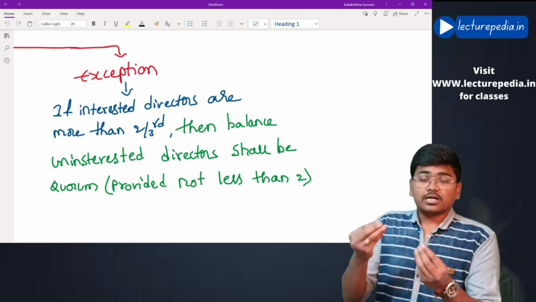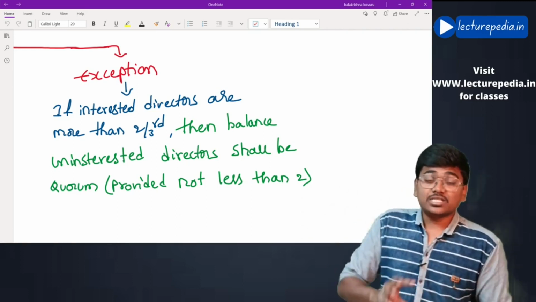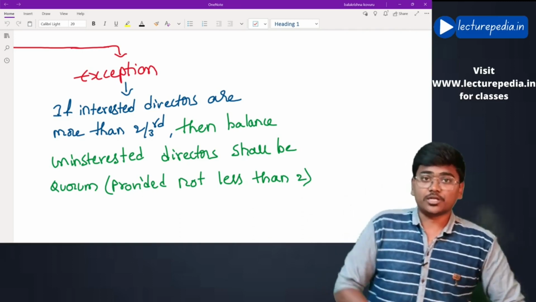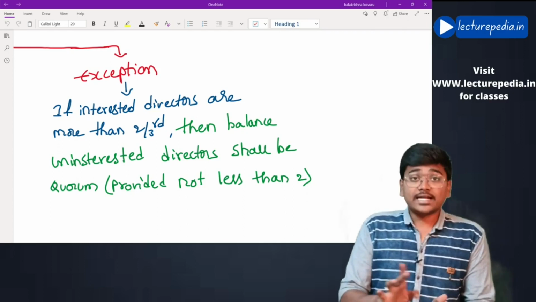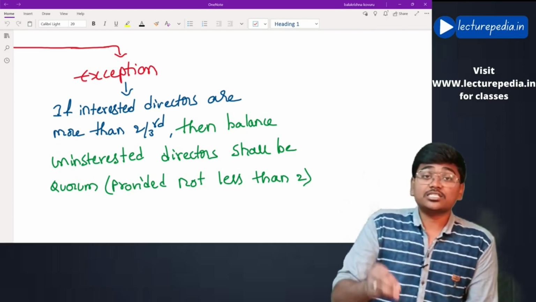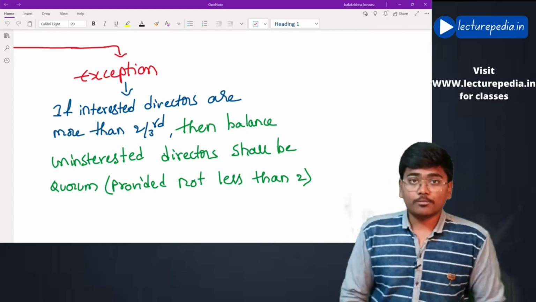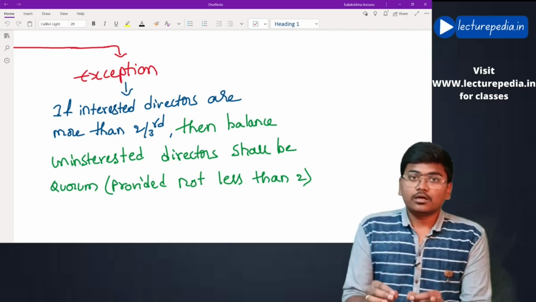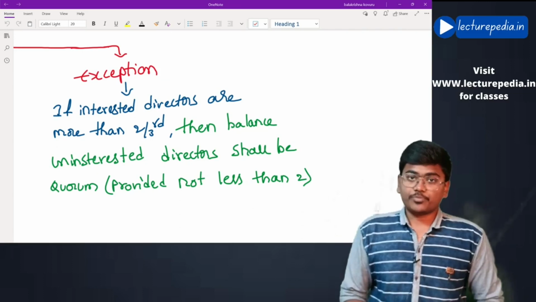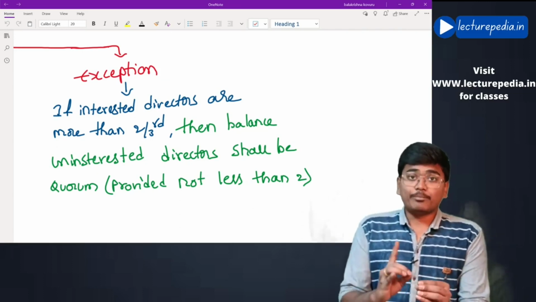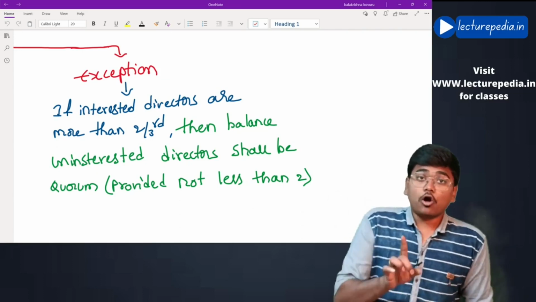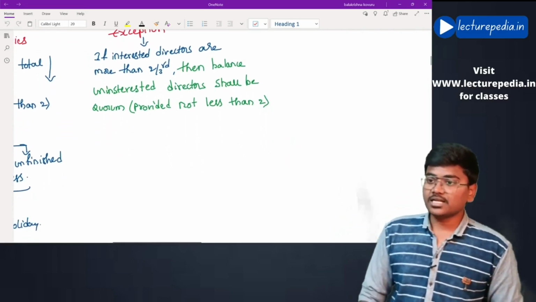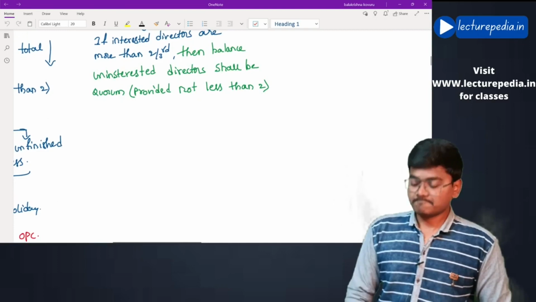If the directors are interested in the resolution, they should not participate in such a board meeting for discussing such resolution. Now, in this case, more than 2/3 of the directors are interested in such resolution. Now, what will be the quorum? The balance uninterested directors will be the quorum for such purposes, provided such balance uninterested persons are not less than 2. Hope that is clear. Next,